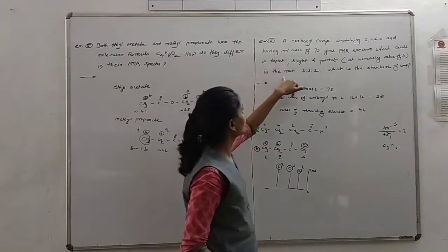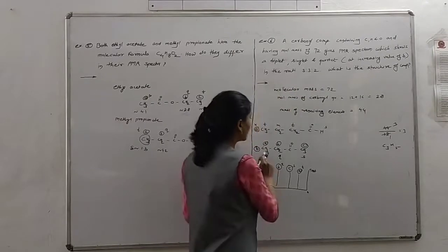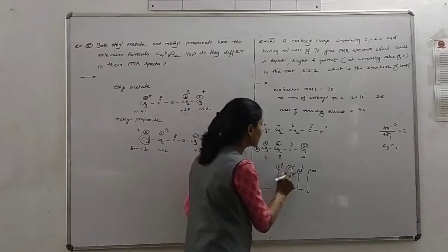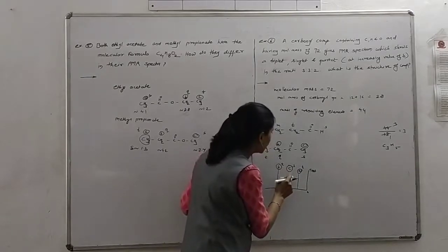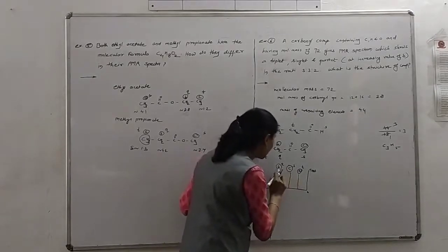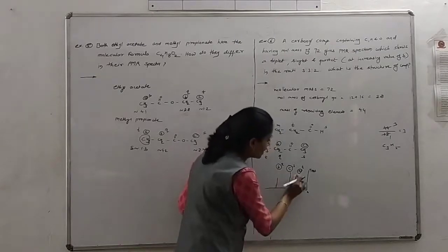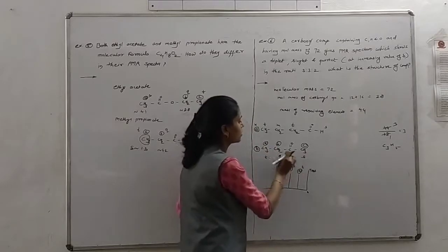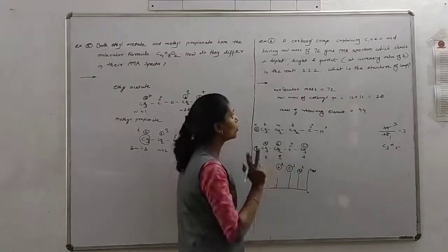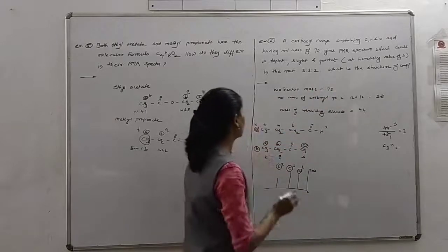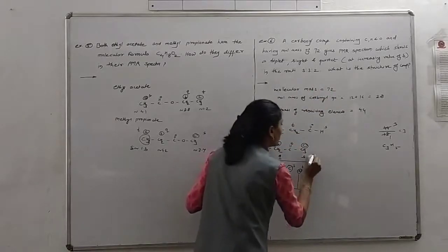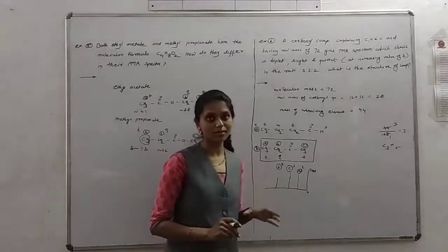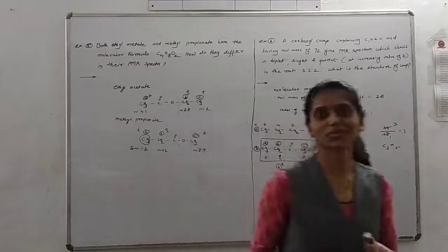Next one, in the ratio 3:3:2. Here, these signals we get at 3:3:2. That means the signals are like this. Where is B? B is here. We get the signals in 3:3:2 proportion, since there are 3 protons, and for B there are 2 protons. So what is the structure of the compound? That means this is the structure of the compound. I think you understand the problem. Thank you very much.